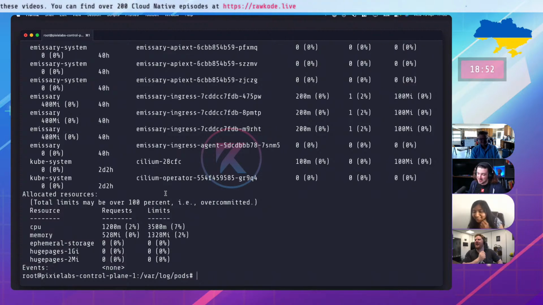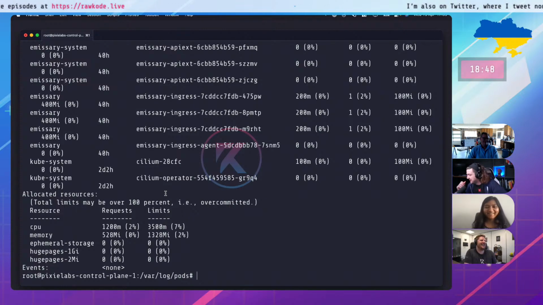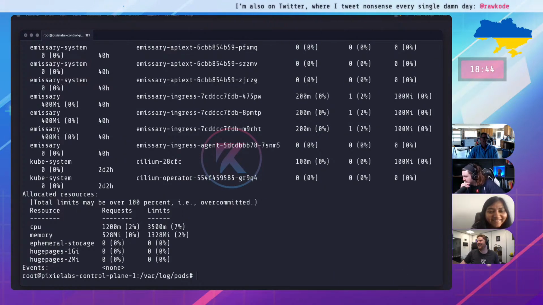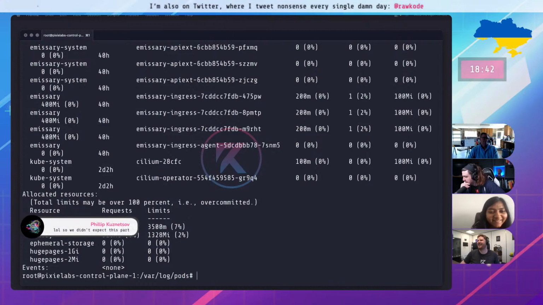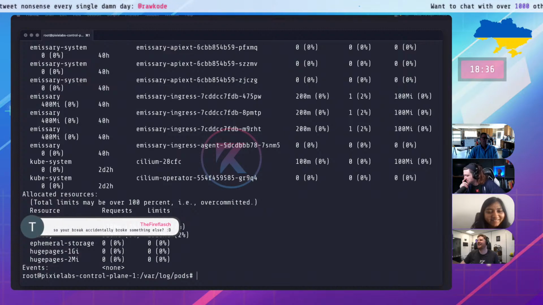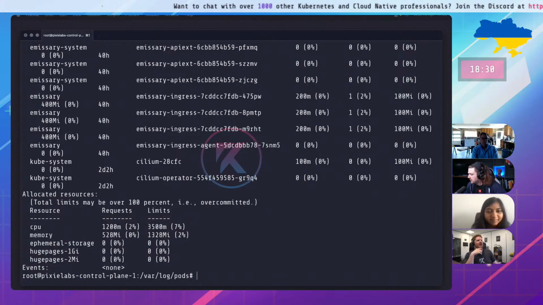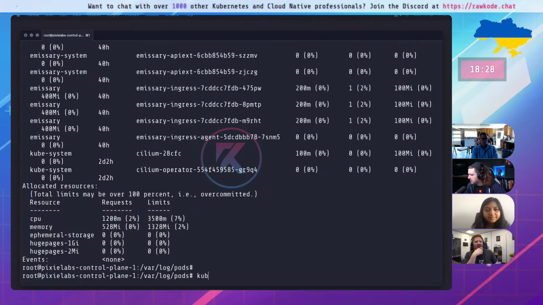So we have some collateral etcd damage. This is what you get. Yeah, that's the way it goes sometimes. Let's try and edit nodes. Just remove it. If it comes back, we can look at the events and work out why.